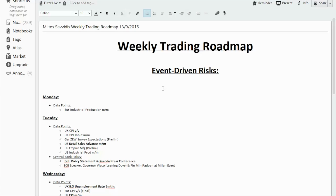Just going to go through the weekly trading roadmap and the events and risks that we have this week. Pretty jam-packed week with a lot of events and some key opportunities I think we're going to find from a trading perspective. So we're going to go through some of the events for you guys now and then take a look at the Bund and the Euro Stoxx futures markets to see how they're shaping up